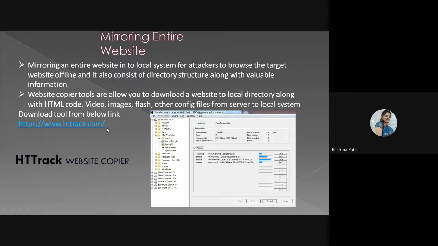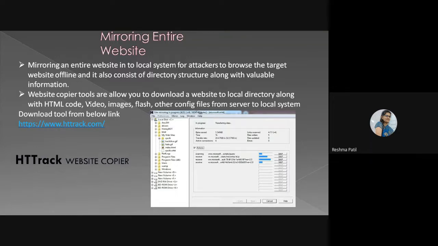So for that, you can use this tool, the HTTrack website copier tool. You can take it from here, and using this tool you can do the mirroring of the entire website. After that, you will get everything about that website: code, video, images, directories, everything.